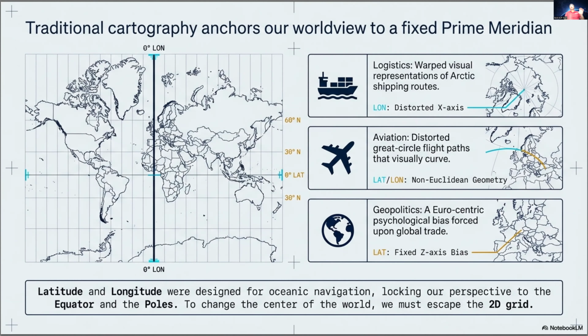Knowing about the centralized map with the great circle is good for real data. Geopolitics shows a Eurocentric psychological bias, a post-open-world pride. It's an axis bias. So knowing about the nation-centered world map